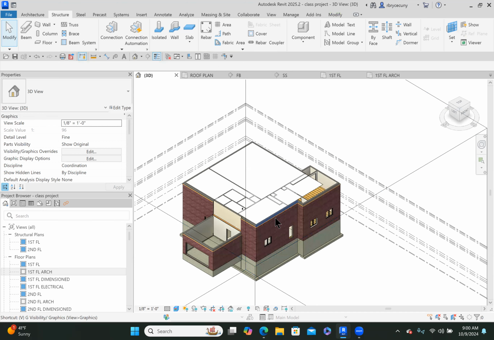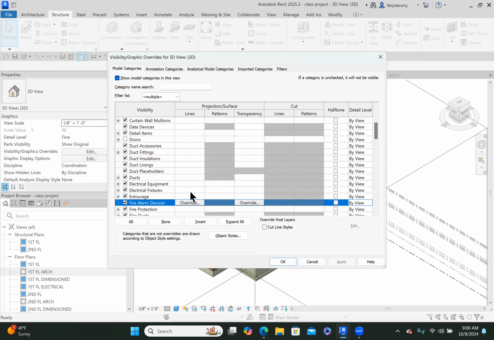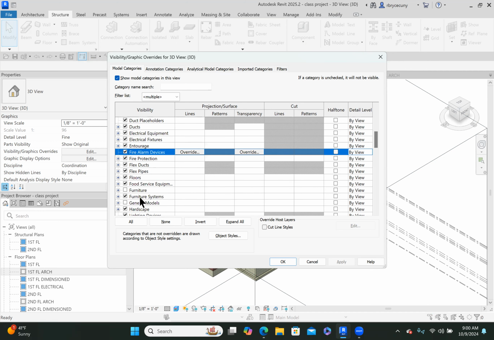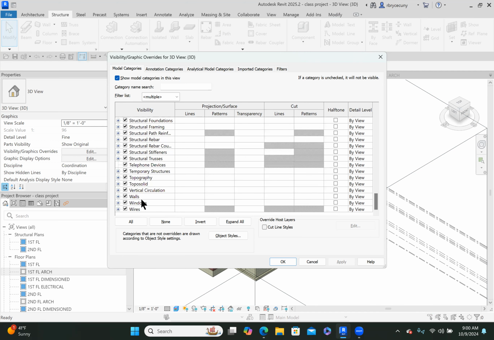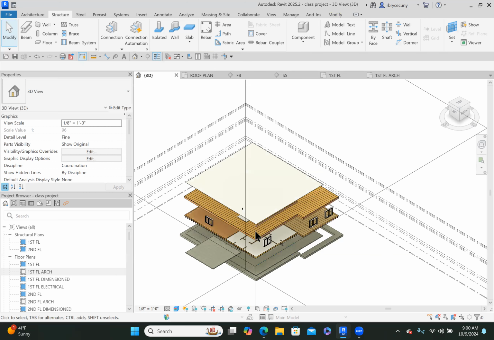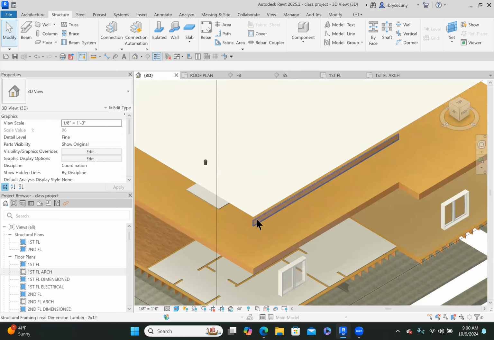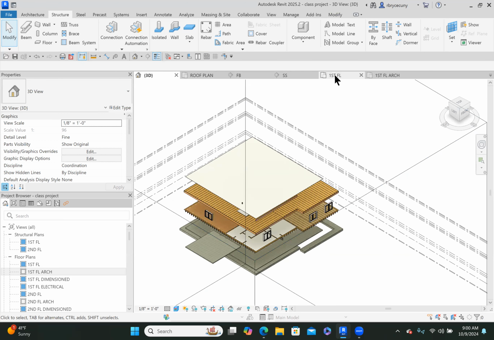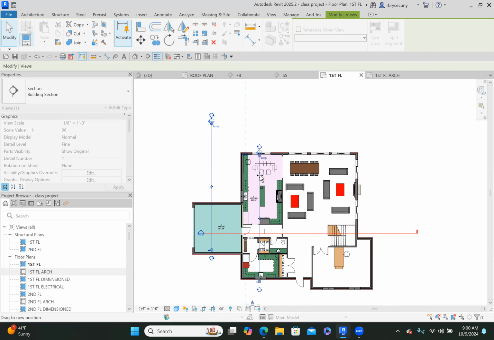And VG, we're going to turn off the floors. No, we're going to turn off the walls. And sure enough, I can see it's right there. So we'll go to the first floor plan. We bring our section through there, go to that view,